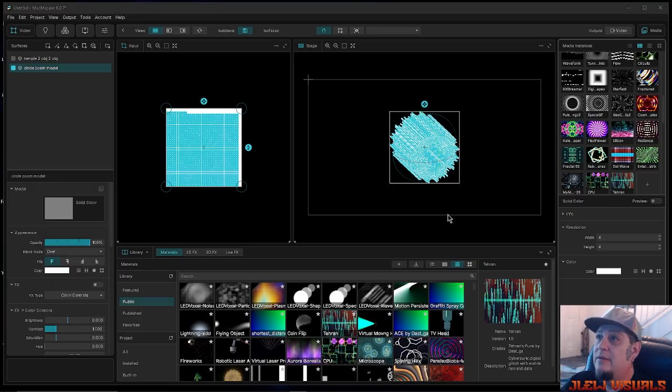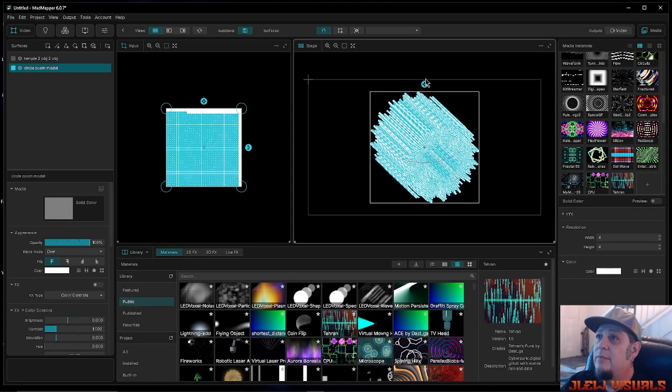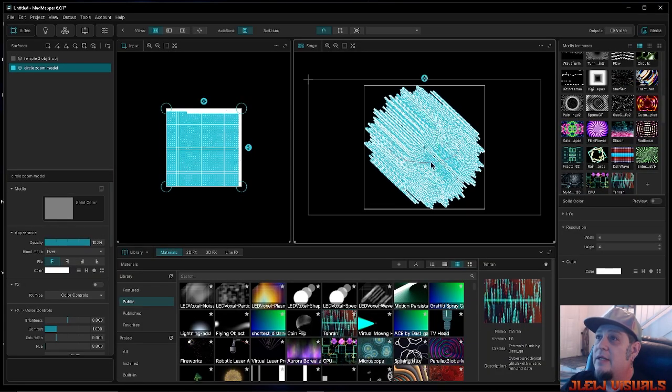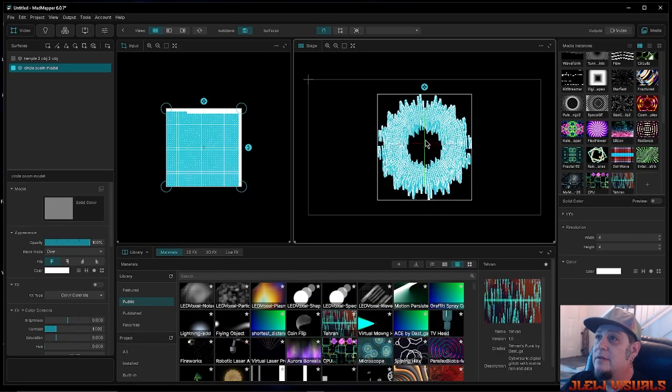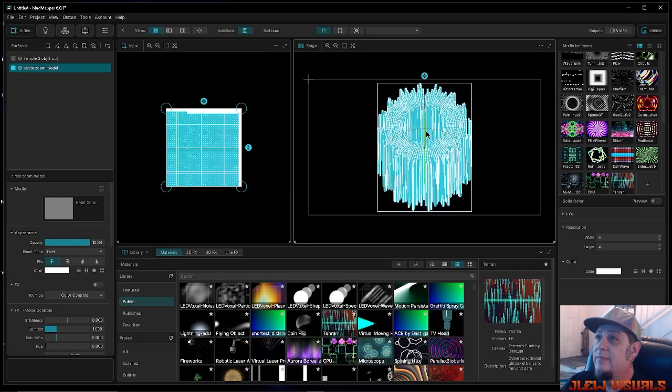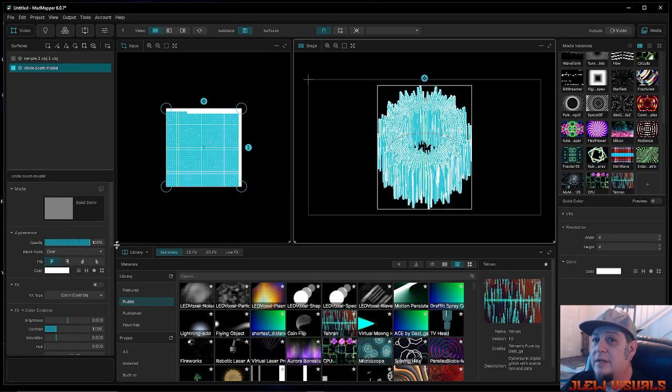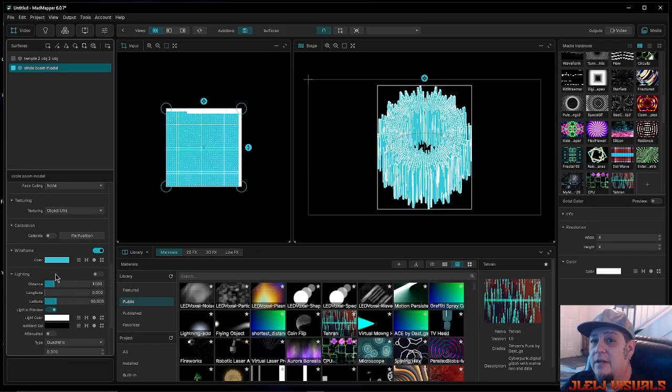Today we're going to do a little breakdown on how I put visuals inside of a 3D model. This here is a model that I imported. Whenever you import it, a lot of times it's a bit wonky depending on where its normals were. This is a little model I made. I know it's kind of hard to see right now because over here in the model section they always start out with some sort of color that's attached to